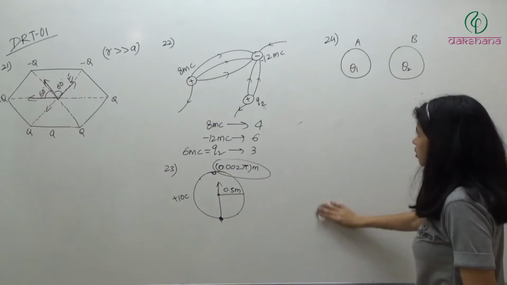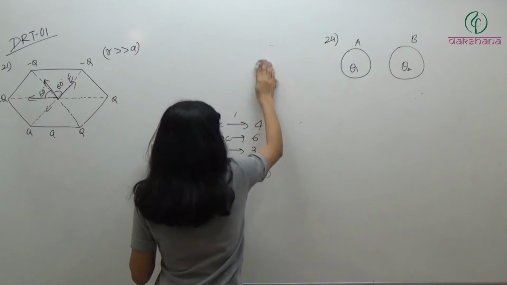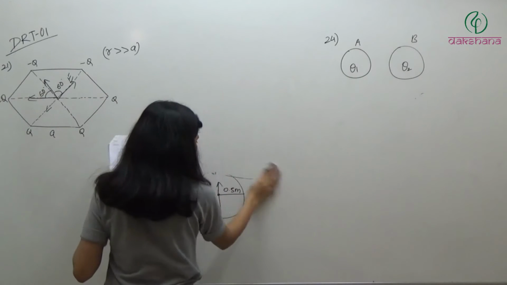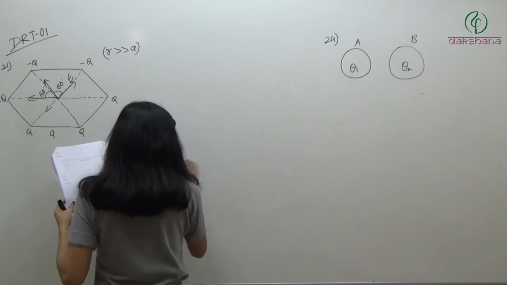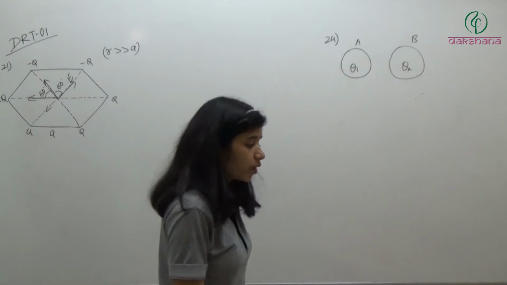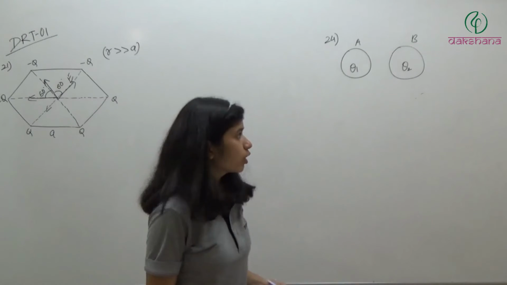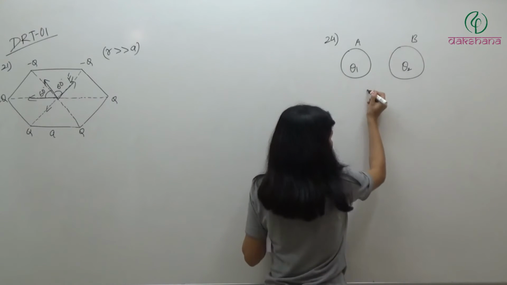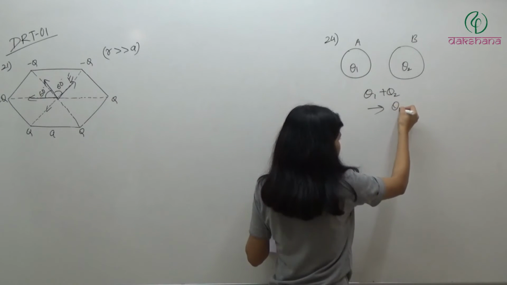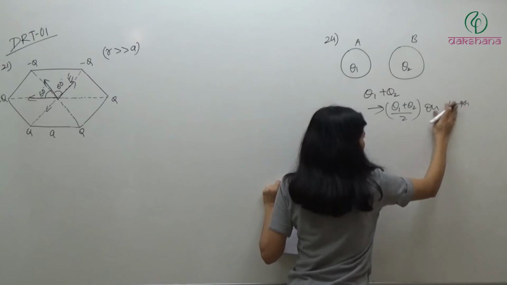So what is going to happen? When the metallic or conducting balls touch each other, the charge will get transferred, and now both will have the same charge because both are identical. Charge will flow until the potentials are the same, and if they are identical balls, then the charges on both the balls will be the same. So how much is the total charge? The total charge is theta 1 plus theta 2. So when redistribution of charge happens, it will be theta 1 plus theta 2 by 2 on each.